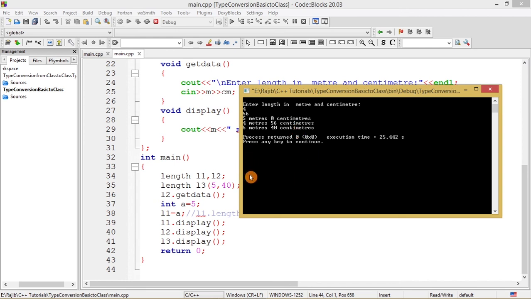So this is the simple program with its output and the entire explanation of the concept of the type conversion from basic to class type in C++, whereby we have seen that we can convert a data type which is a standard data type, here in this case I have used an integer data type, to a class data type, here in this case to the length data type.